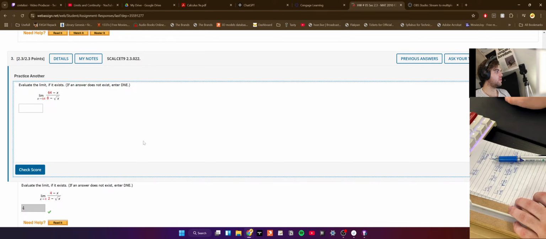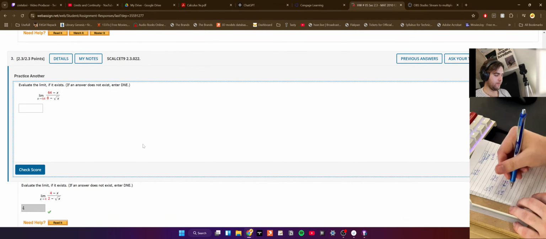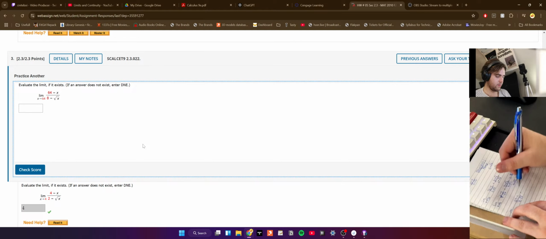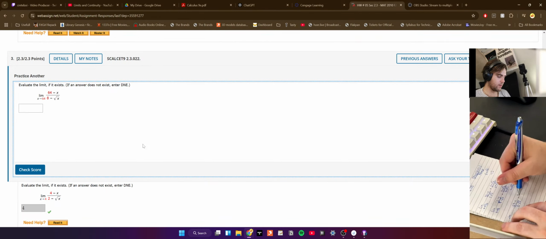Let's try just one more, just for good measure. The limit as x approaches 64 of 64 minus x over 8 minus the square root of x. We're going to invert that and multiply it by 8 plus the square root of x. This becomes,